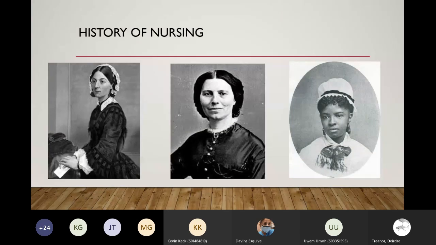So, what about the history here? That first lady there on the left is our illustrious Florence Nightingale, basically the mother of nursing. She wrote a book published in 1860 called Notes on Nursing, What It Is and What It Is Not. She also organized the first program for training nurses, and she was the first practicing epidemiologist. She practiced during the Crimean War, and there were a lot of fatalities and mortality during that. So she had a mortality rate of